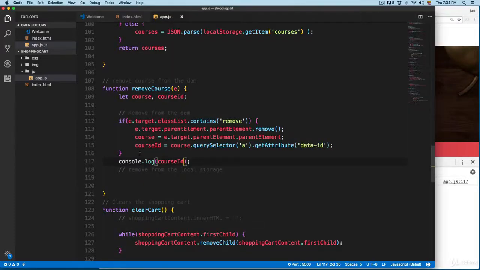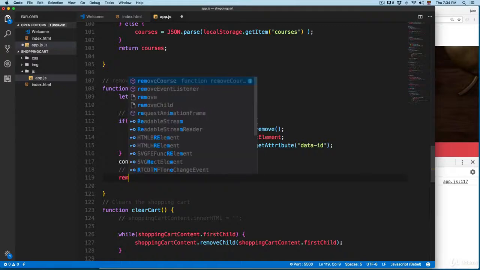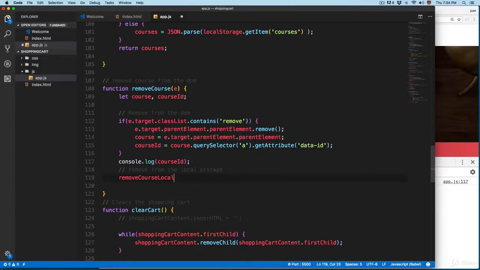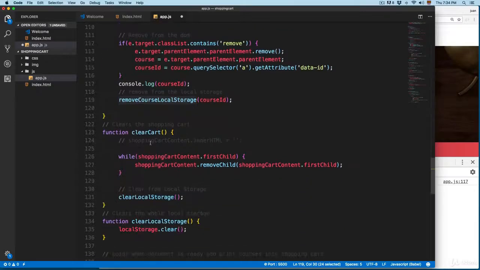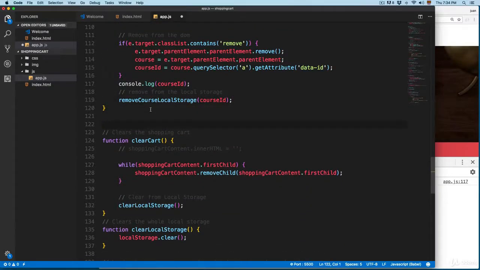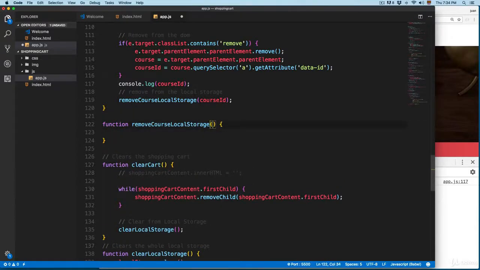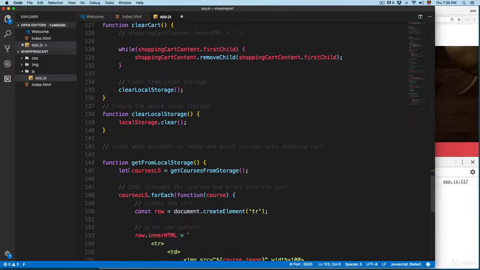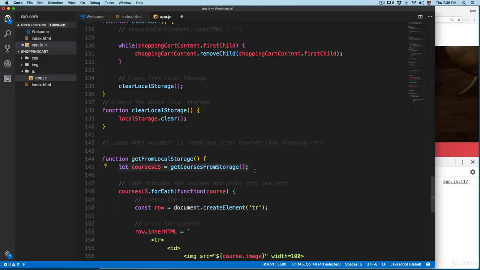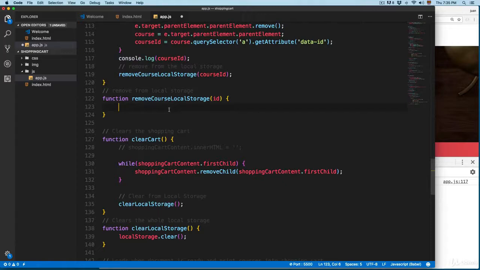So we're going to send that ID to this new function, removeCourseLocalStorage, and we're going to pass the courseId. So we need to create this function, remove course from local storage. I'm going to add this right here, function removeFromStorage is going to take an ID. So right here I'm going to add removeFromLocalStorage. And right here, again, we're going to call the function, this one, getCoursesFromLocalStorage, copy this, paste right here,